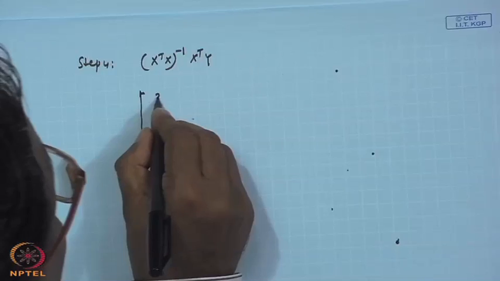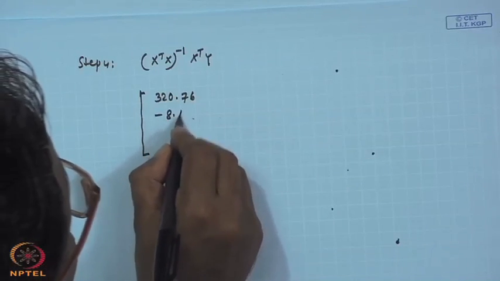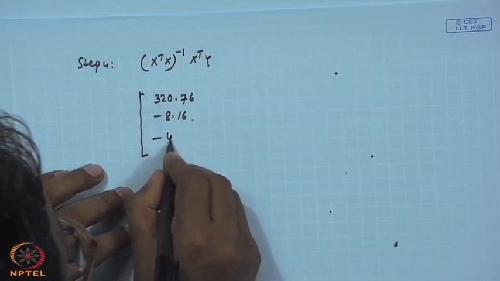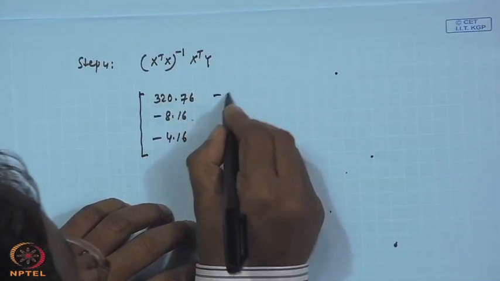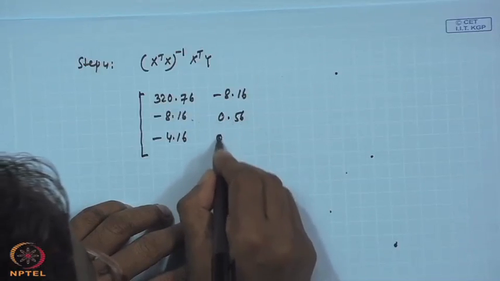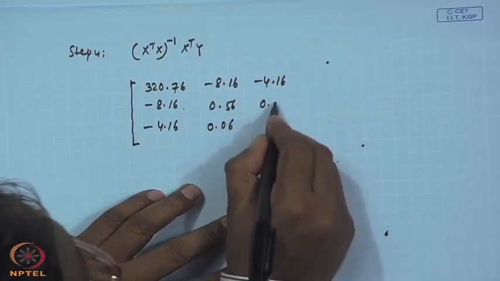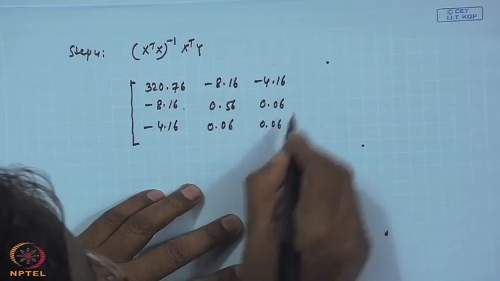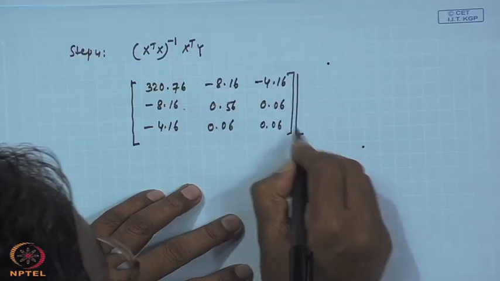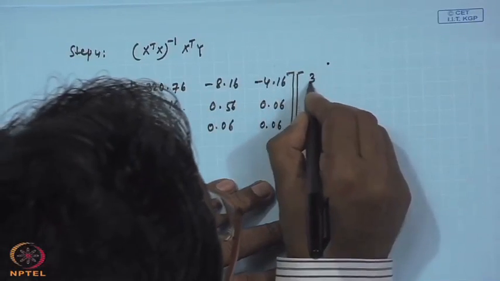So, your X transpose X inverse is, you write down, 320.76, minus 8.16, minus 4.16, minus 8.16, 0.56, 0.06, then minus 4.16, 0.06, 0.06. Then what is our X transpose Y? So, our X transpose Y is 33,